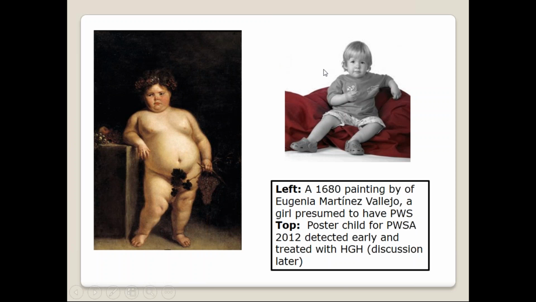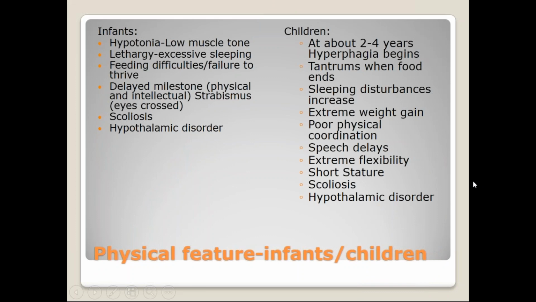This youngster is, I think she was the poster child, right? Yeah, the poster child from 2012 who was treated with growth hormone factor, HGH, human growth factor, which helps with the metabolic rate, but not with the hypothalamus and the pituitary. Prior to even the 1900s, though, the chances of a child living through the infancy part, which I'll show you in a second, the infancy part of Prader-Willi syndrome was rare. Because ironically, when a baby is born with Prader-Willi syndrome, it's almost the opposite of what happens when they become an adult.